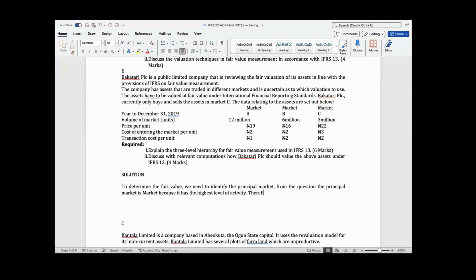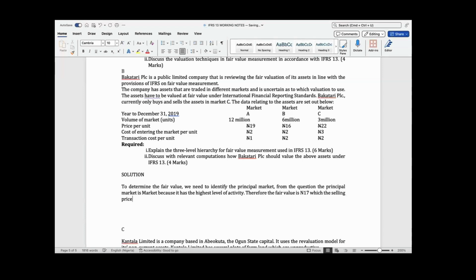Therefore, the fair value is 17 naira, which is the selling price of 19 naira minus the cost of entering the market of 2 naira. Then I can just tell the examiner, however, if the principal market